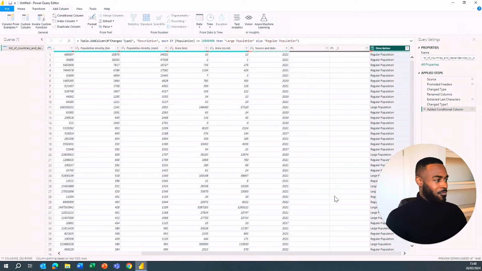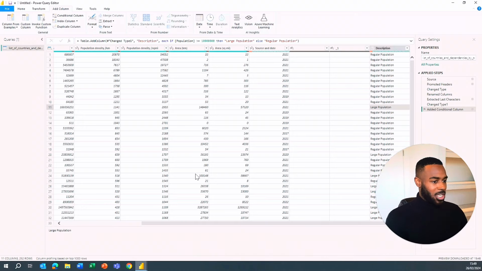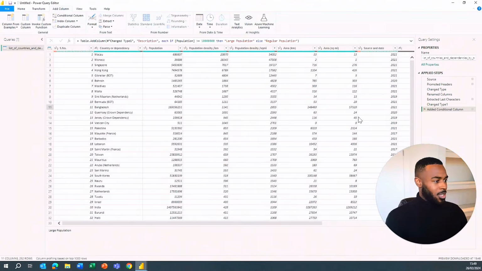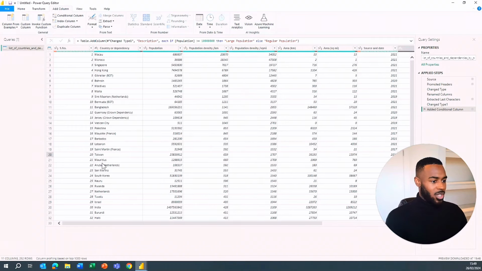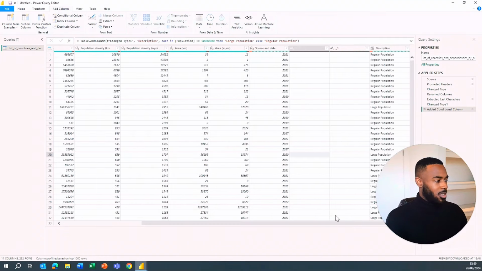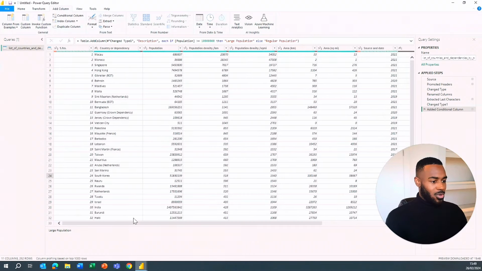So we'll hit OK. Now what we've got is regular populations, and we have a large one here, and that large one is Bangladesh. The next large one we've got is in row 20, which is Taiwan, and the next one we have is in 24, which is South Korea. So that logic is working, and as we can see on the applied steps on the right hand side,